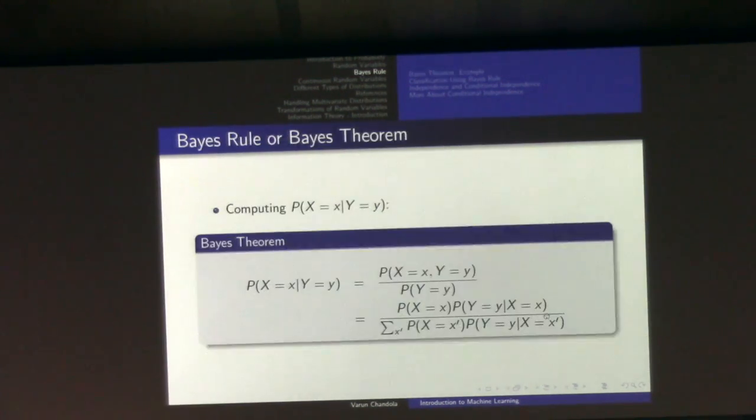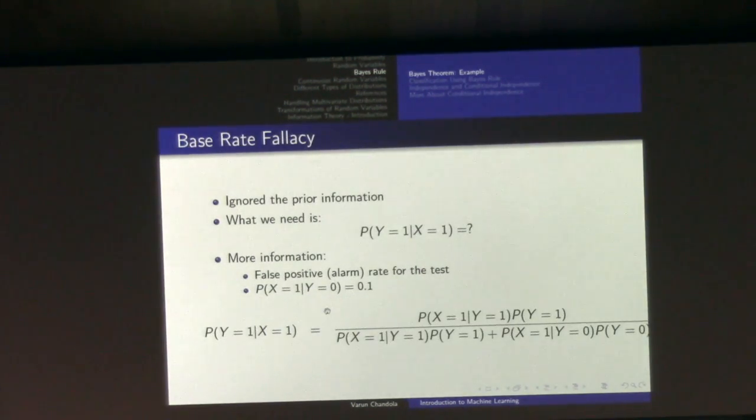this is 0.004, the prior probability. This is again 0.8, this is 0.004. This is the false alarm rate, 0.1, and this is the probability of somebody not having cancer without knowing anything else. That essentially will be 1 minus p of y equal to 1. So when you put all these things in, you will get a different number. In fact, what you will get is